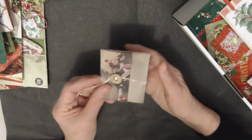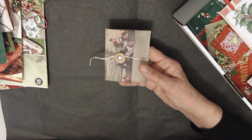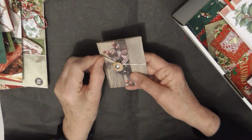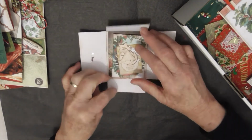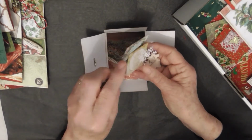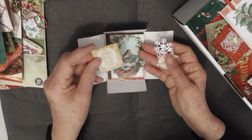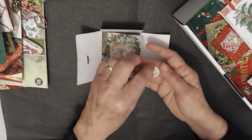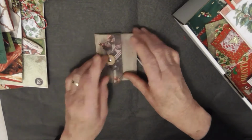There's also this little, I call these my little surprise package. I like to put these in my journals. There'll be a tutorial about these soon, but I'm struggling with it a little, which is surprising because it's a very simple little object. But you just open it like that, and inside I put anywhere from 4 to about 10 little pieces of little bits and pieces, tiny bits and pieces. They could easily have gone into the ephemera pack, but I just like them in here. And just put some little extras in there as a little surprise packet. There should be 2 of those, yes, Joy and Wish. So the little surprise pack is also included in this